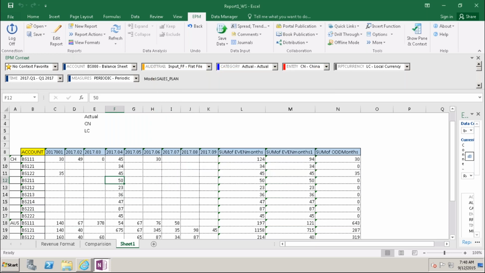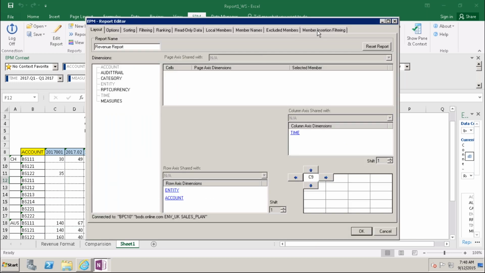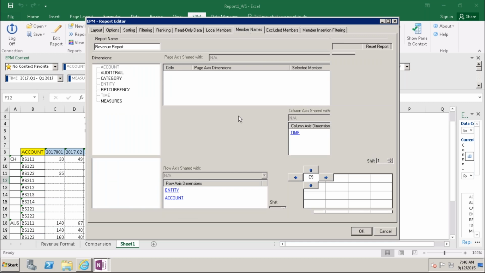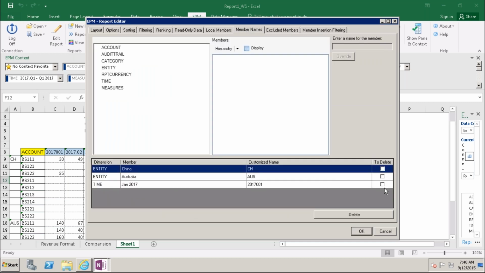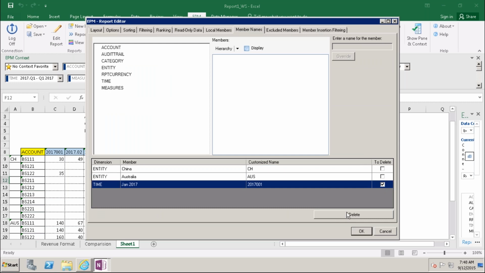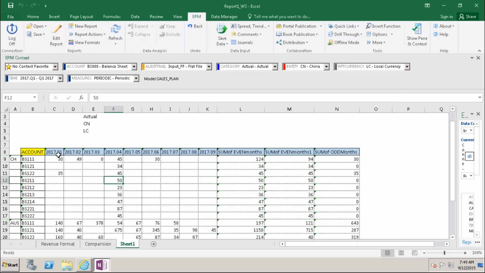So now we'll see that for 2017, sorry, this is still showing up as member names. I'm going to delete this one. Delete. Okay. 2017-01. I'm going to save.